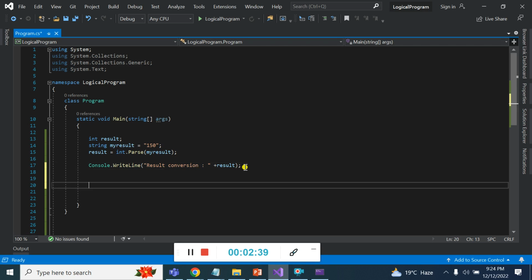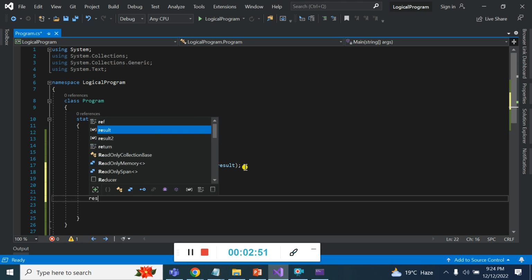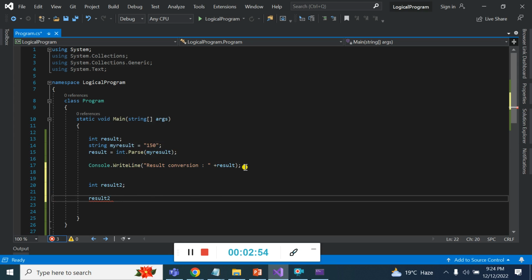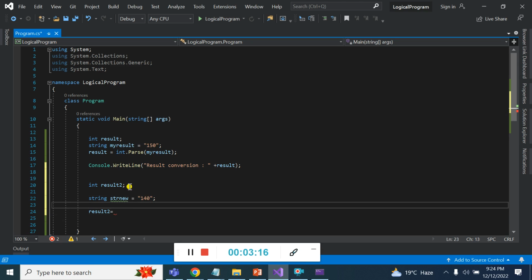And now I am going to use int.TryParse, right? So I create a new integer result2, and I create another string, so let me make it separate, with the value 140, and now I want to convert it using int.TryParse.